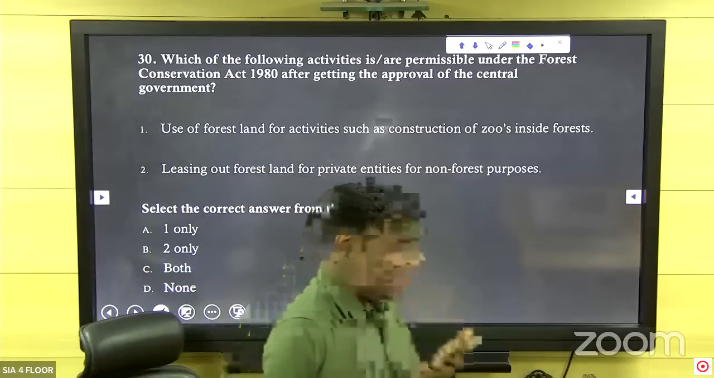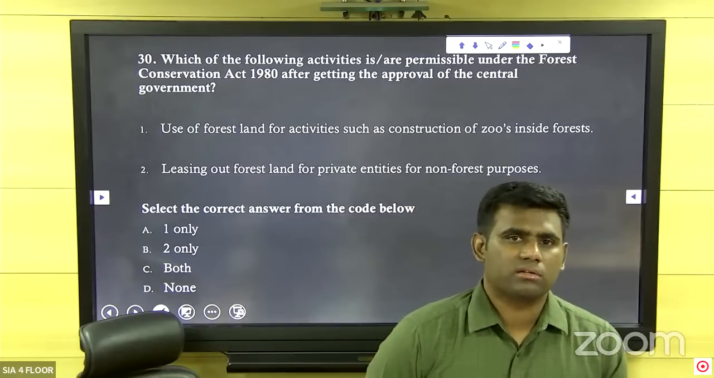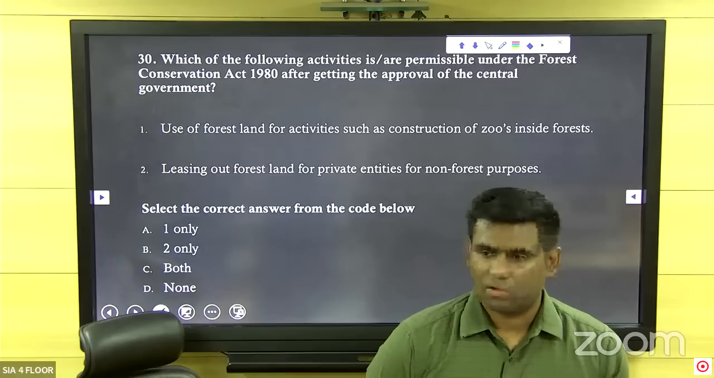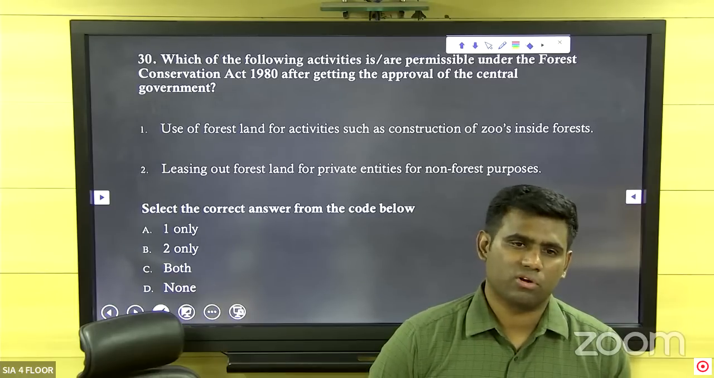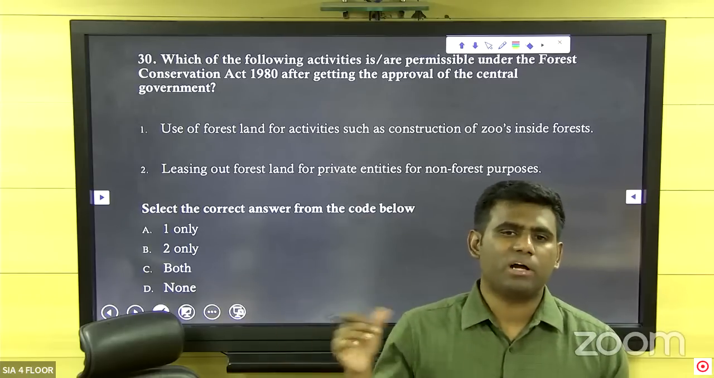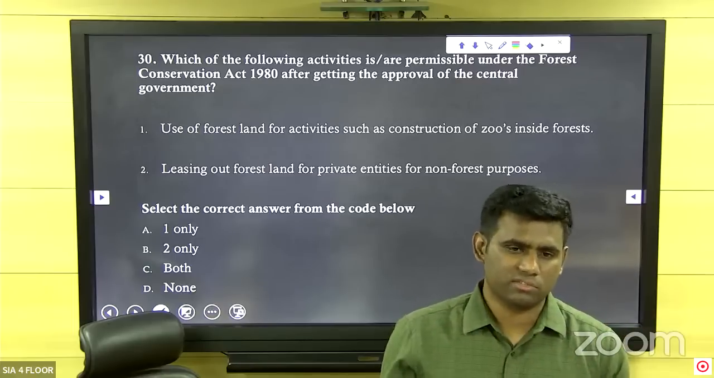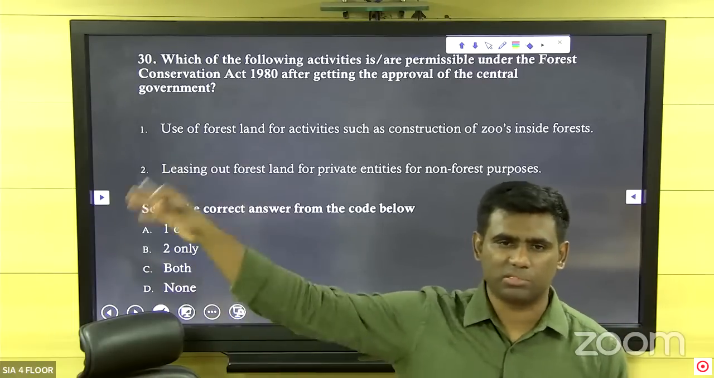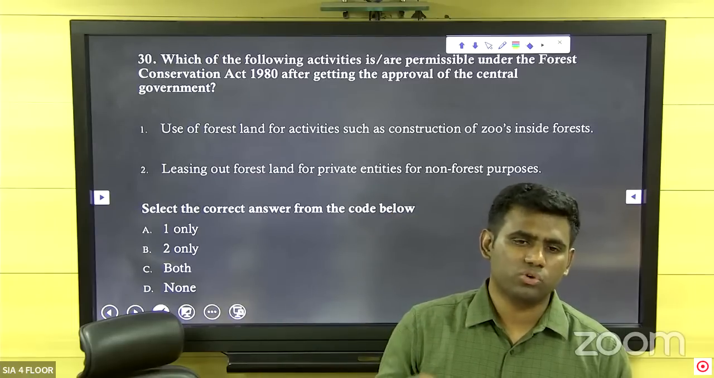See, the Forest Conservation Act was passed to regulate the diversion of forest lands for non-forest purposes. Because there will be necessity for using forest land. Excess land is there in forest land, except for the core areas and protected areas. There are certain parts of the forest which are necessary to be used for certain other activities which are non-forest in nature. So when you divert the land for other purposes, let's say highway construction, what should you do